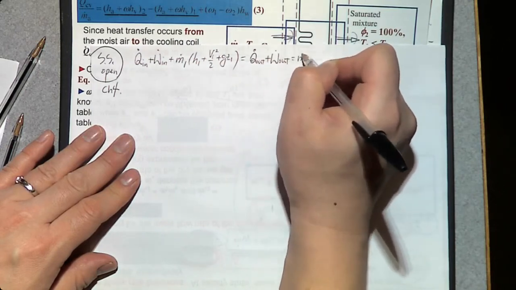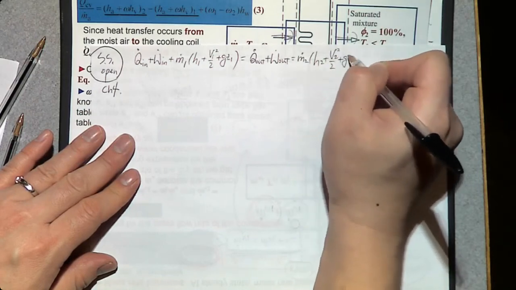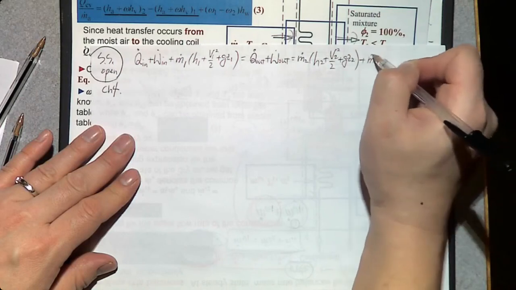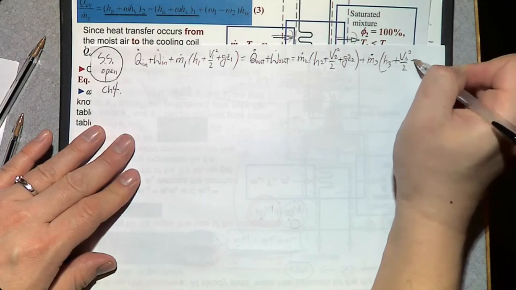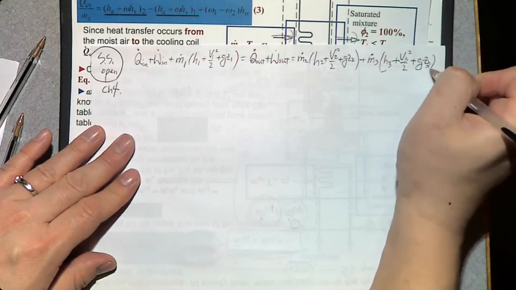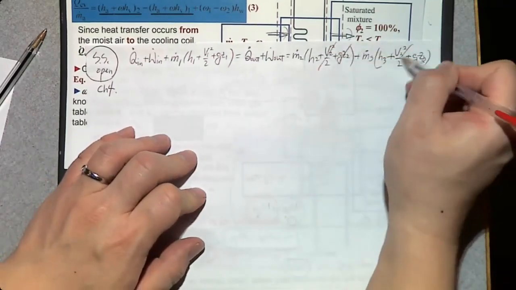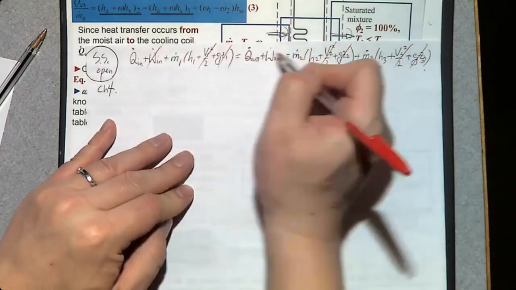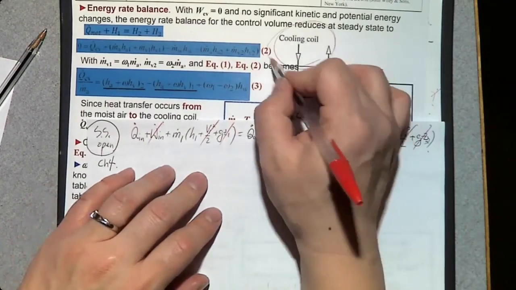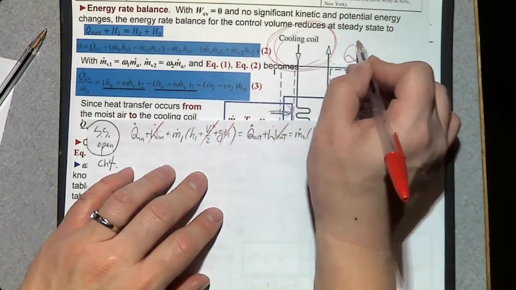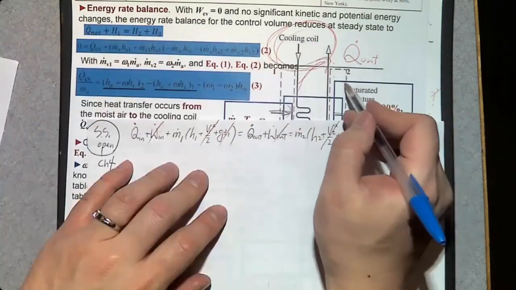So first, number 2, this one has enthalpy, kinetic energy, and potential energy. And we have another exit, number 3. This one has enthalpy, kinetic energy, and potential energy. And we can neglect kinetic energy change and potential energy change. And there's no energy transfer by work. And there's a heat loss from the system by using this cooling coil. Heat loss, Q out. If there is a Q in,